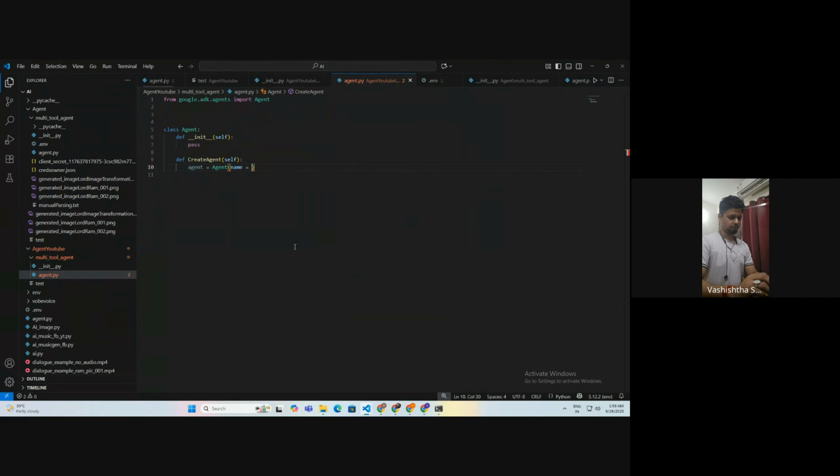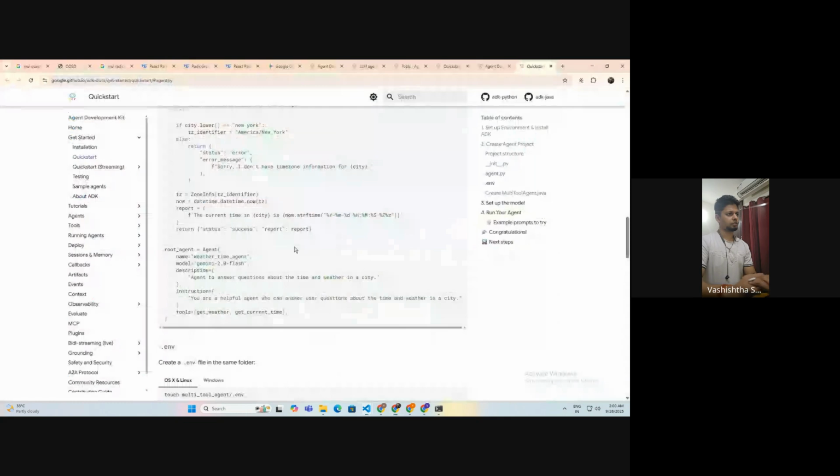I'll give it a name, my personal agent. Okay, I'll give it a model. It should be Gemini. Instructions. I don't know why it's not giving me suggestions.